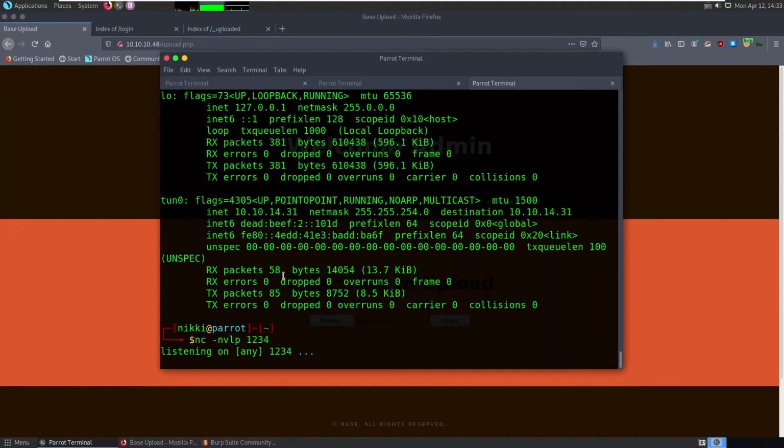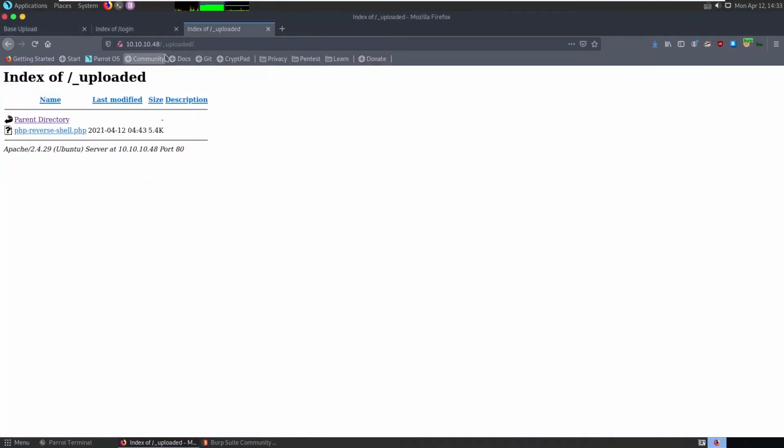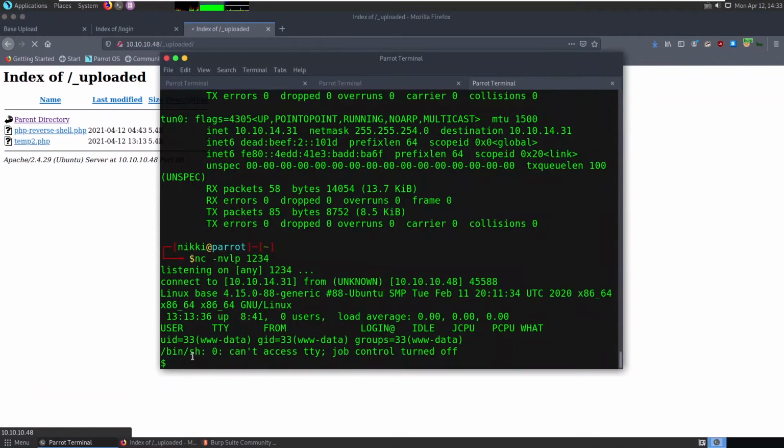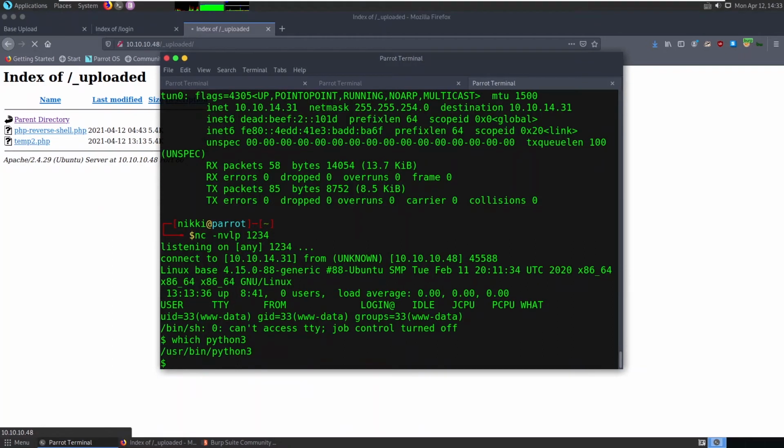Okay, that's fine. Now you can see here this is the upload directory. Click on refresh. Now you will see our temp2.php. Now you can see we got the shell. So I think Python will be installed. Say which python3. Okay, now let's spawn a TTY shell.